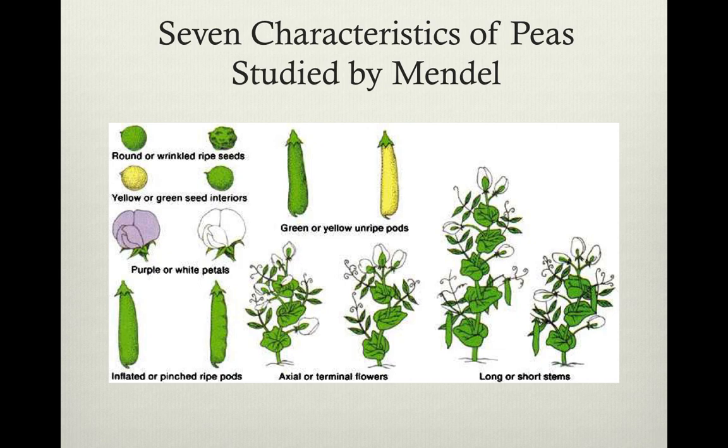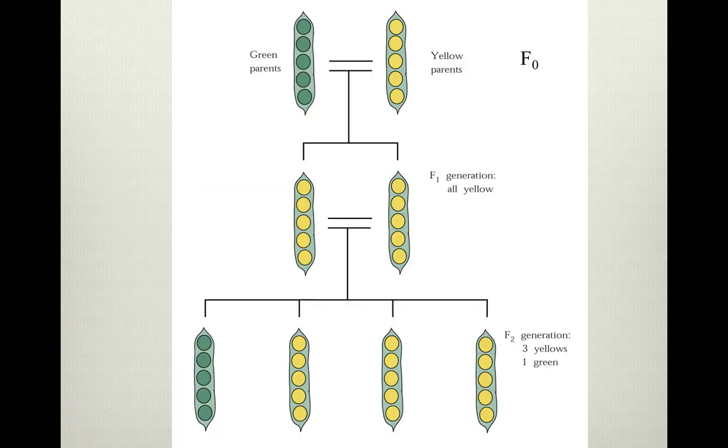And he really got lucky because each of these traits in pea plants is a situation of one gene, one trait. So by altering the allele, you see a very obvious effect on the overall phenotype. You don't have to worry about sequencing DNA or doing anything such as polymerase chain reaction or any kind of genetic work. What he found was that when you crossed what we call a purebred parent generation, so pure yellow with pure green in the F0 generation, you get an F1 or first offspring generation that's all yellow.